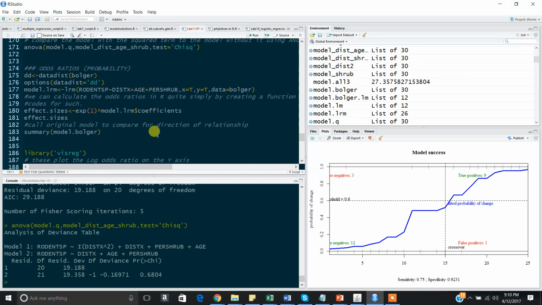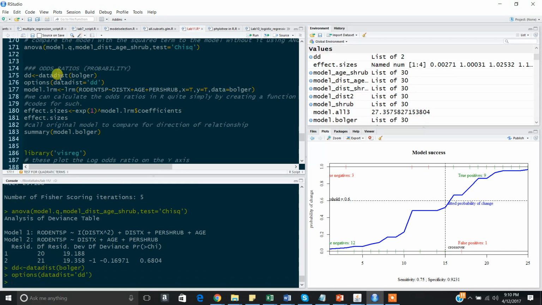But there's also this thing of, okay, so we figured out the nature of the relationship in regards to whether it was a positive or negative correlation and the significance, but what's the actual probability measure? And I know that we figured out that the shrub model was the best, but it's always fun to play around with the full model to explore other outputs. So that's what we're going to do right now. So to get this measure of probability or proportion, we calculate what's called an odds ratio. So we'll fit the model